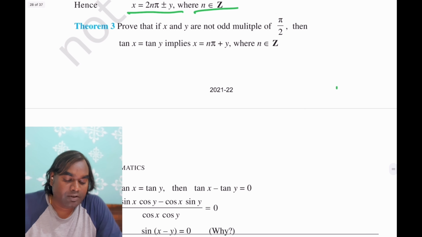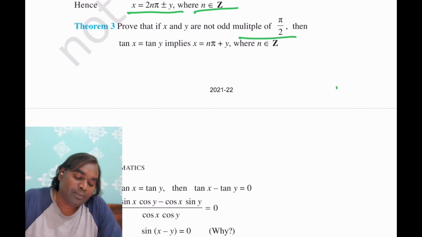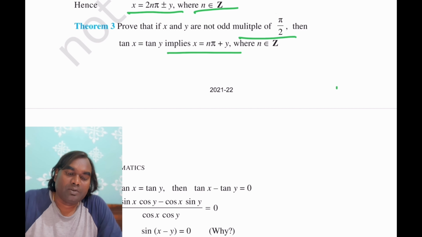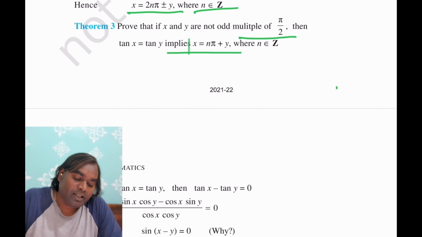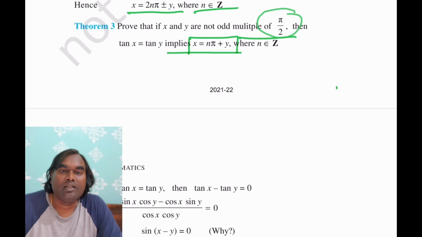Now theorem number 3: prove that if x and y are not odd multiples of pi by 2, then tan x is equal to tan y implies that x is equal to n pi plus y. That means now we will prove that for the tan function, if tan x is equal to tan y, the relation x is equal to n pi plus y also holds, provided x and y are not odd multiples of pi by 2. So tan x is equal to tan y, that means tan x minus tan y is equal to 0,